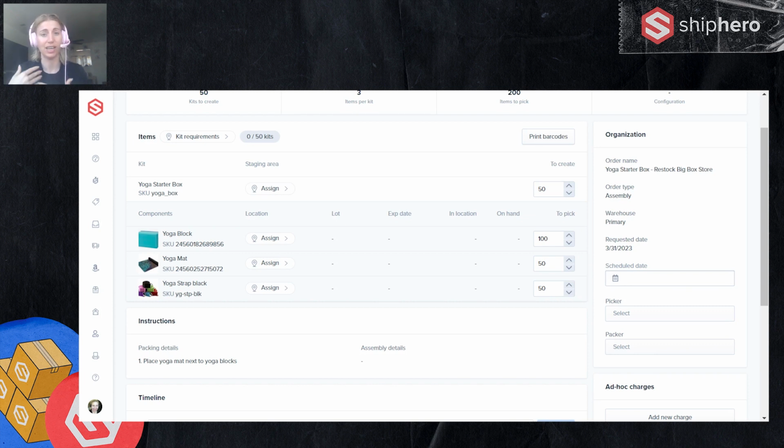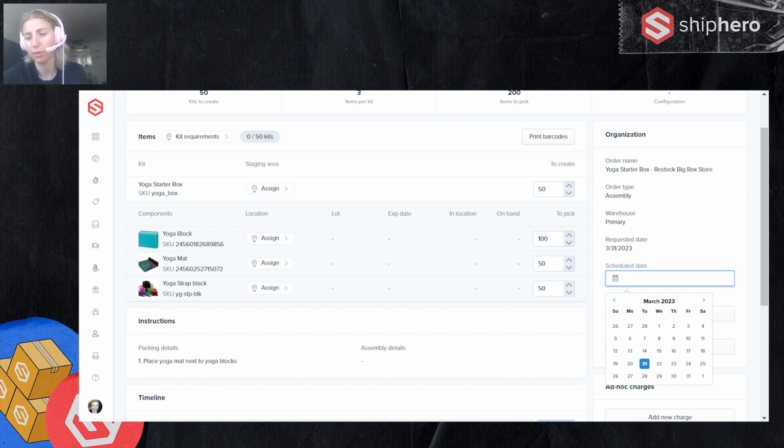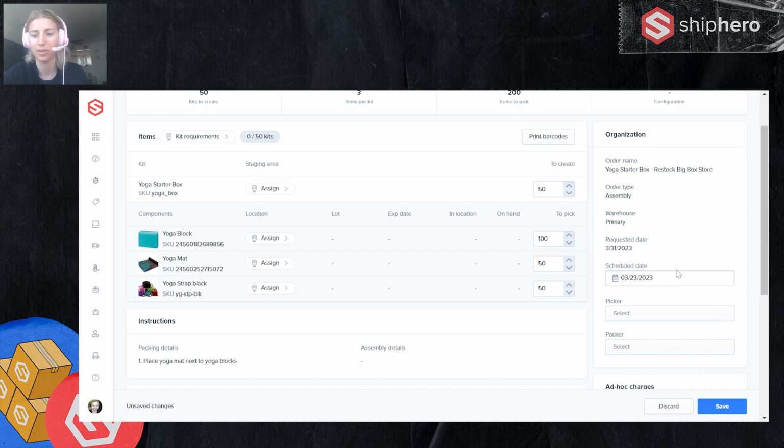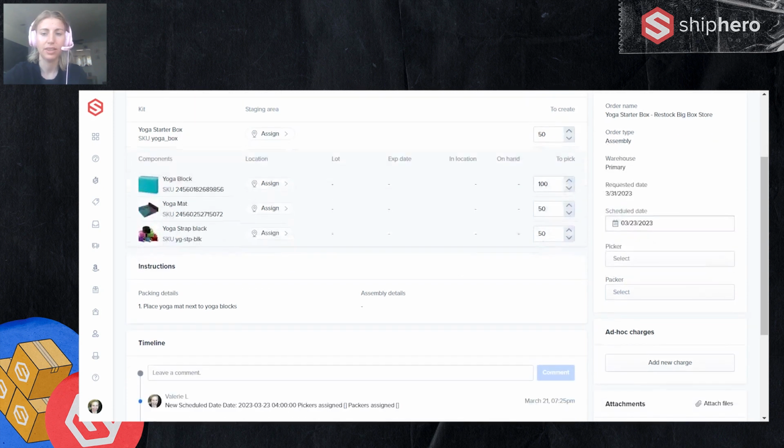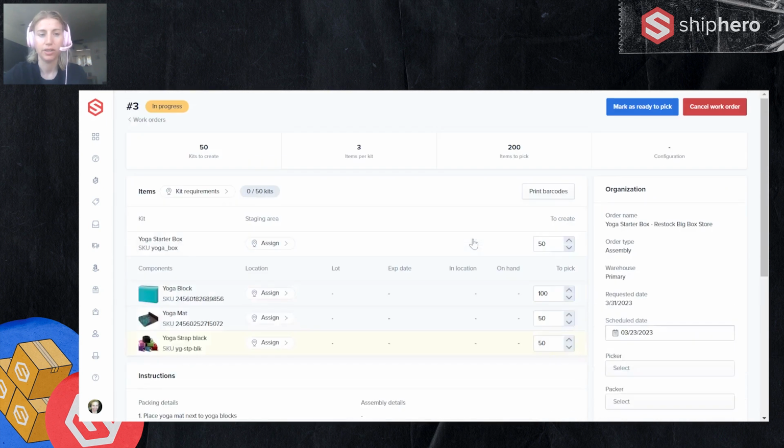Some people may have a lot of work orders coming in and you're going to want to prioritize them. And of course, you could set some as like 5, just priority, but this helps you schedule. Okay, we're going to work on this one on Wednesday and we'll start this one on Thursday. It's just an option. So set our scheduled date. And we'll look over. We have a lot of information here.